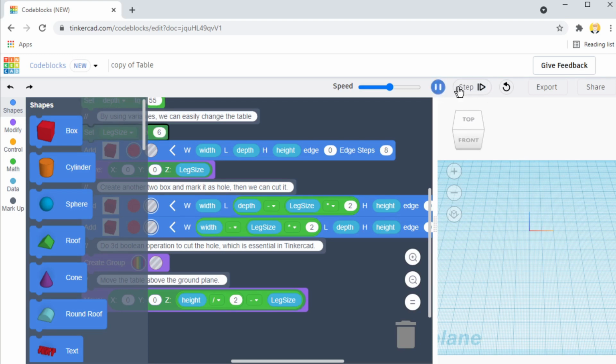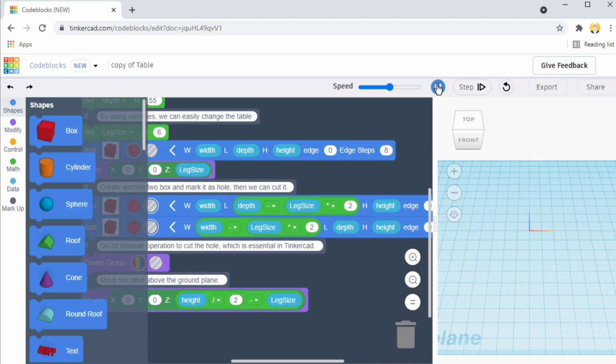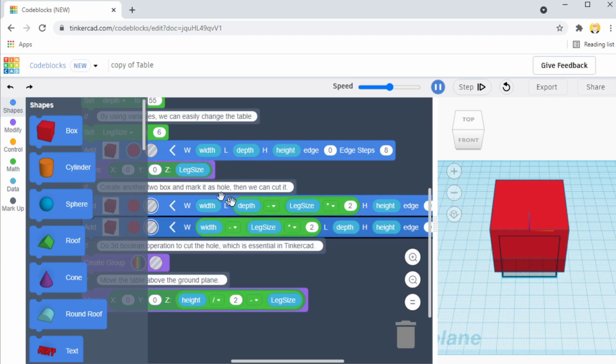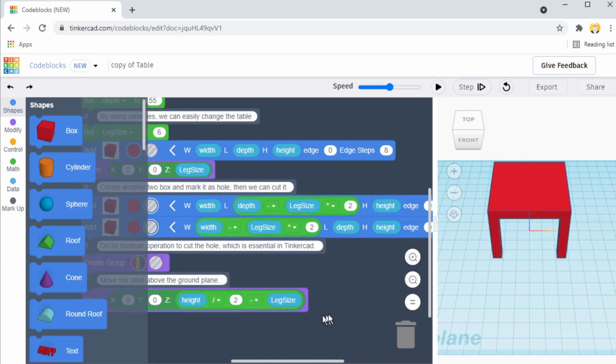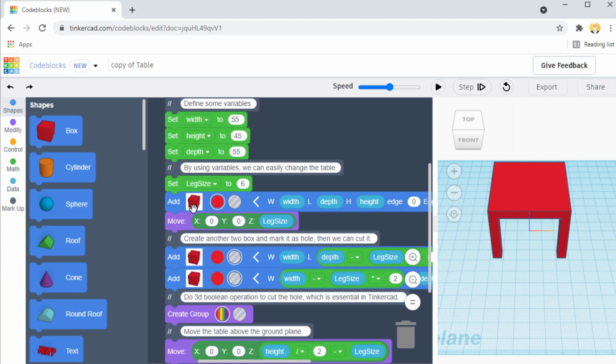We can click on this, and as you can see on the left-hand side, it is moving one by one. Let me show you once again because it moves a little quick. You will notice that it moves one by one through all these steps. Let me click once again. And you notice this black rectangle. Let me move this to the left. What is happening here is that you defined a few variables: width, length, height. Then you add a block.